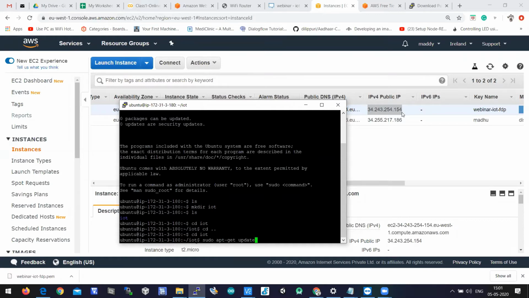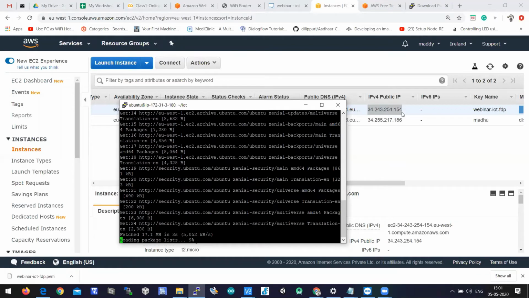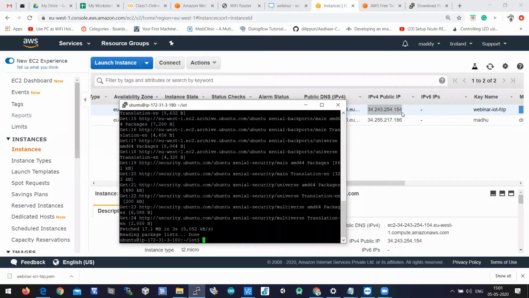So this is a command which updates the operating system. When you hit enter, immediately the operating system on this instance will be updated to the newest version. We need to wait until you get ubuntu@IP.